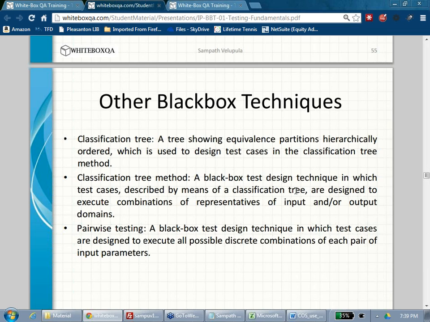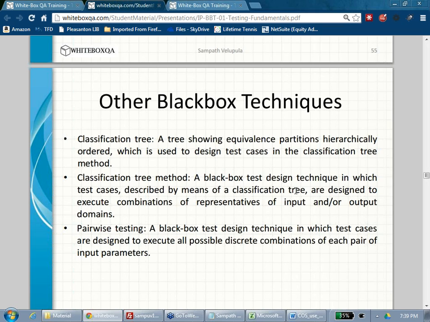Got it? So generally people will say you should write a tree, but I don't think so. It's not used now, because all of that you can put in a precondition. The loan is running, the financing is running, already approved at this rate, so you have that precondition. You can still solve that problem with equivalence partitioning. See, you don't have to use a classification tree, because if you really use equivalence partitioning, you can solve it. Not a problem.